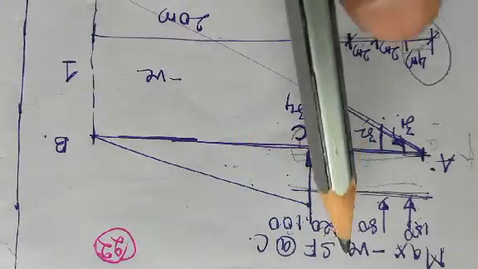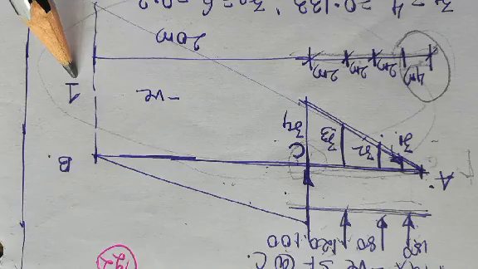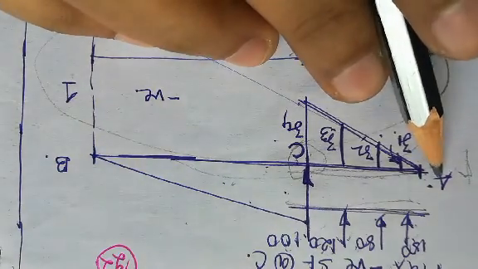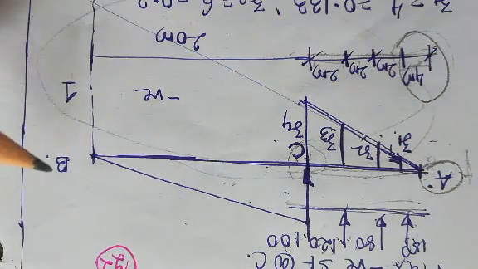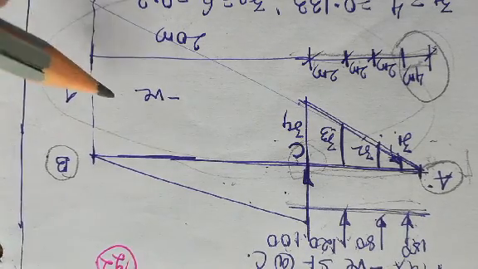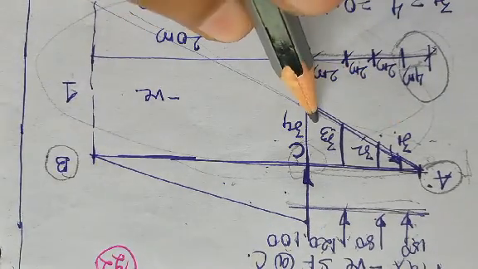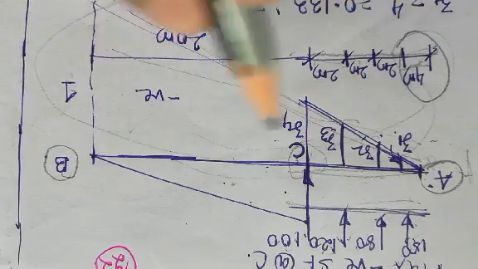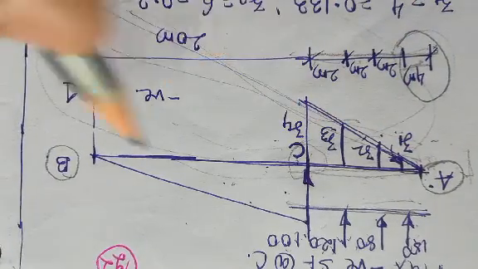Now since we are calculating for negative shear force, we have to consider the bottom part of the shear force diagram. See here. One thing: when we are calculating positive shear force, we take ordinate 1 at A point. When we are calculating for negative, at B point we take the ordinate as 1. Other than B point, you will never get any value as 1 in any of these ordinates, because it goes on decreasing. All the values that you will get henceforth for Z1, Z2, Z3 and Z4 will be less than 1 only.